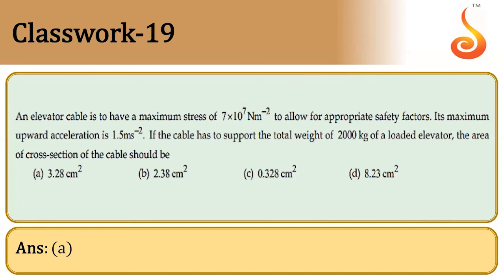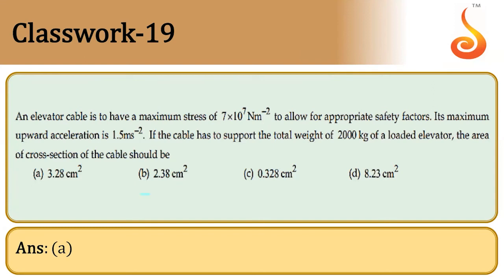Now see here. An elevator cable is to have maximum stress of 7 into 10 to the power of 7 Newton per meter square to allow for appropriate safety factors. Its maximum upward acceleration is 1.5 meter per second square. If the cable has to support the total weight of 2000 kg of a loaded elevator, the area of cross section of the cable should be, okay, see children,